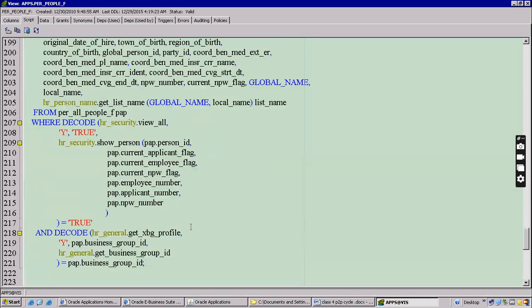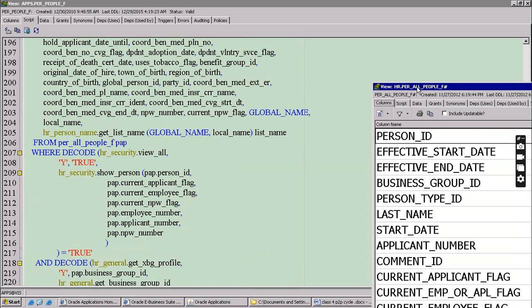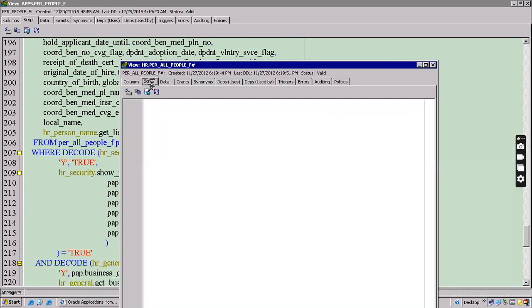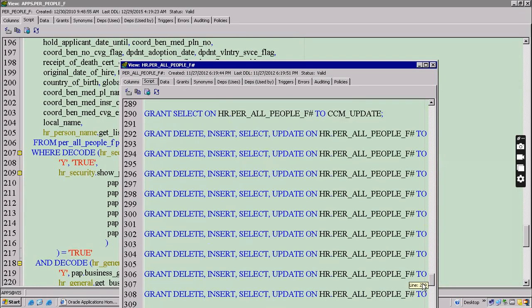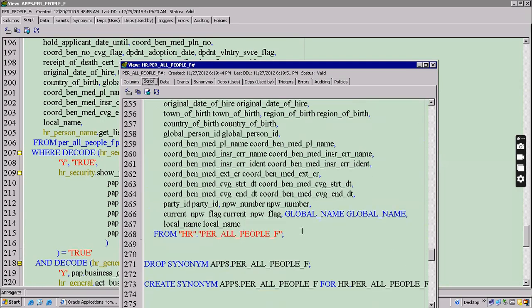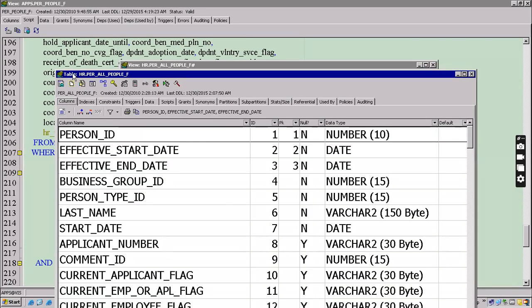You can see here, for all people F. Then again F4, script here. Go here. F4. Till you see the table, you have to press F4. Table for all people F.